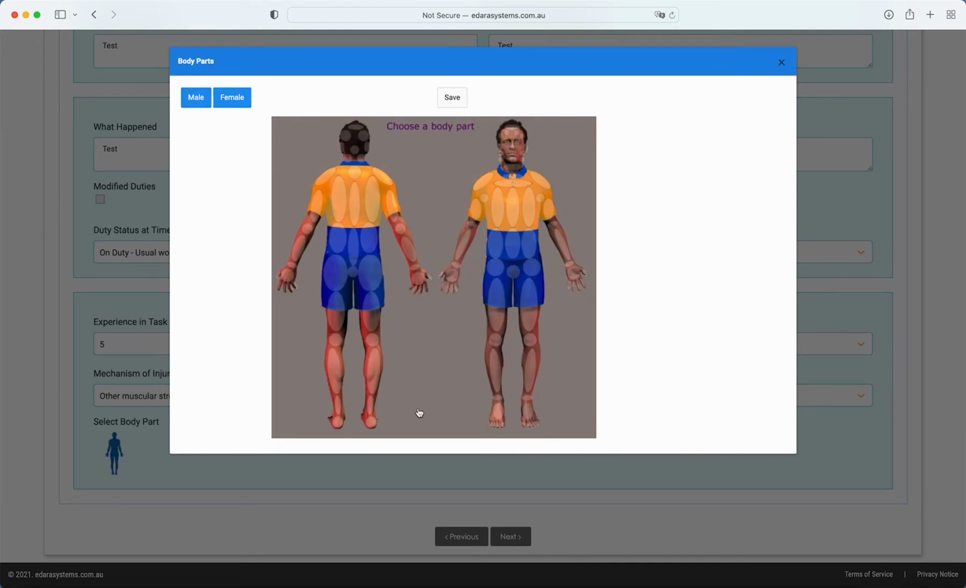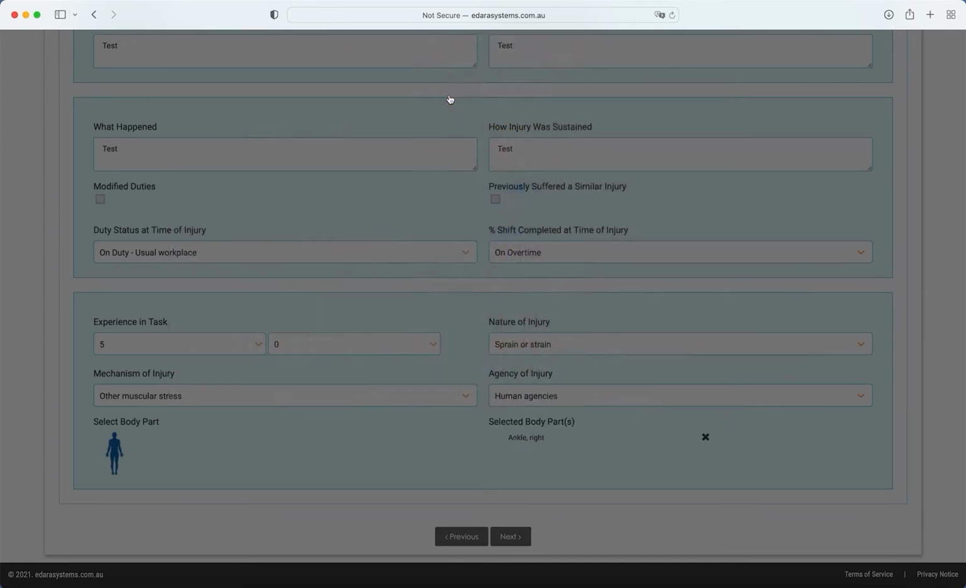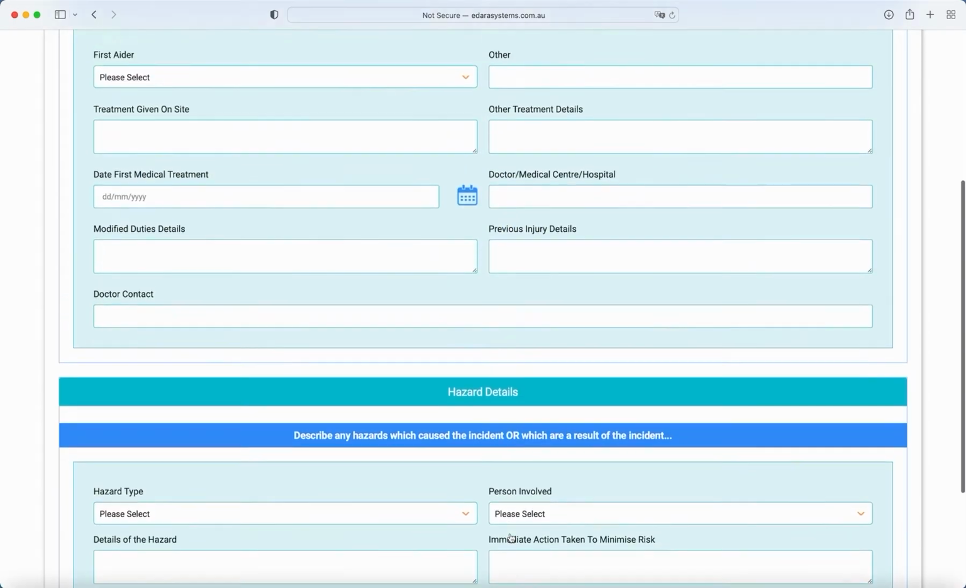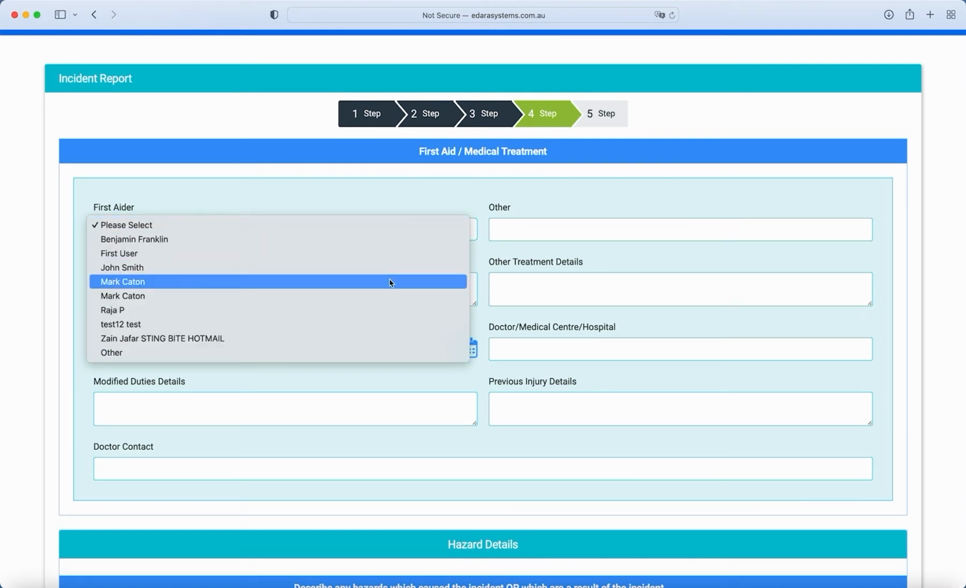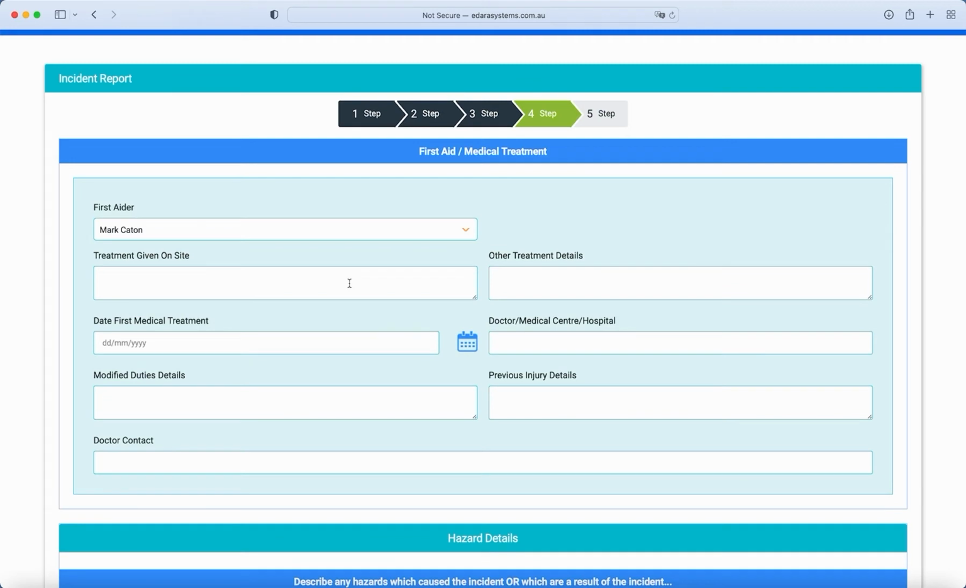Let's say it was the ankle, the right ankle. So here, click on it, and then you'd click, choose body part. You click on save, you click on next. Who was the first aider? Let's say the first aider was Mark, and the treatment given on site was